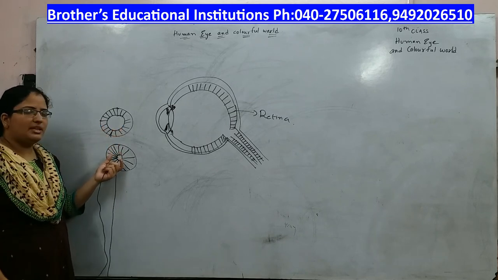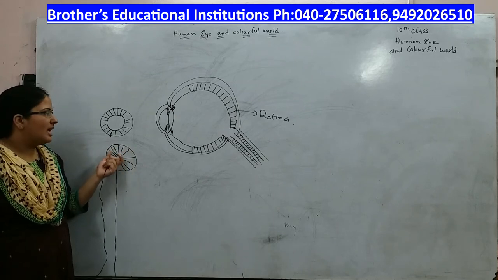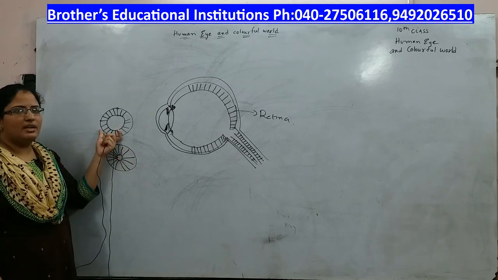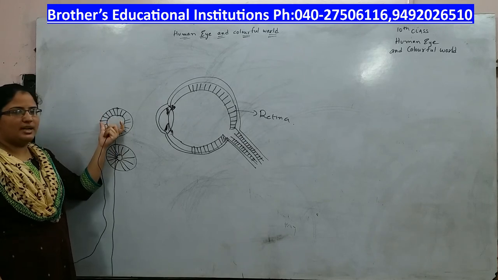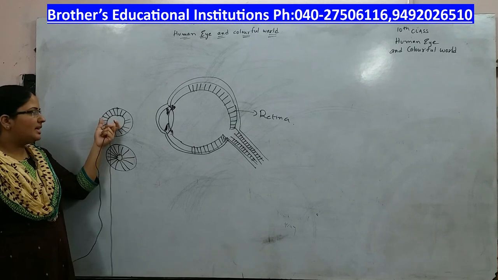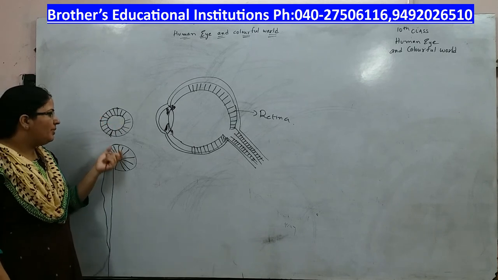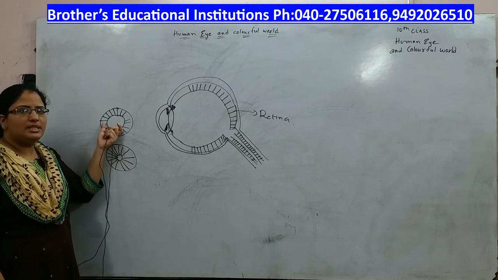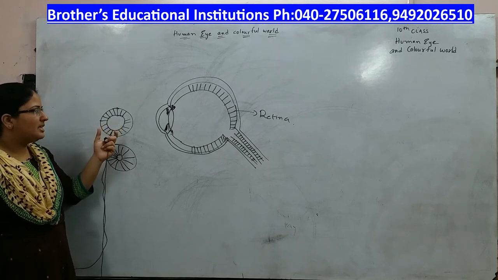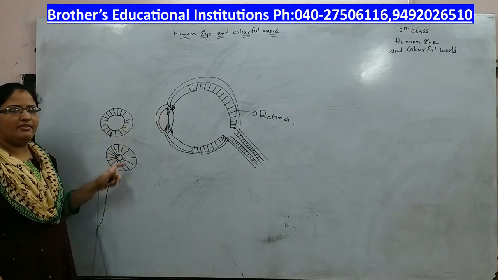Whenever there is sufficient light, the iris makes the pupil contract like this, and whenever there is insufficient light, the iris makes the pupil expand like this, so that more light enters into the pupil. The light that enters the pupil doesn't come back, because of which the pupil appears to be always black in color. That's about the function of the iris. This is the side view of the iris and this is the front view.